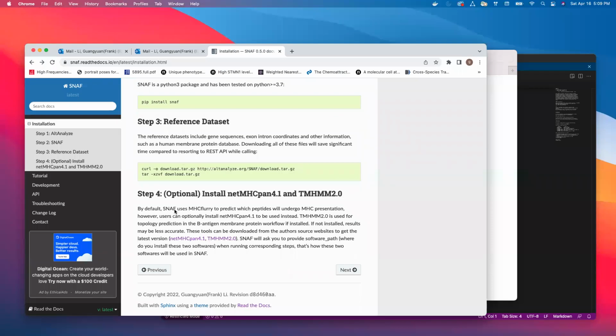Hi, in this video, I wanted to show you guys how to install netMHCpan 4.1 and TMHMM 2.0. There are two optional dependencies of the SNAF workflow. It is highly recommended to install them to get better performance in terms of time and accuracy. And I know installing additional packages can be a headache, so I want to walk you through that in this